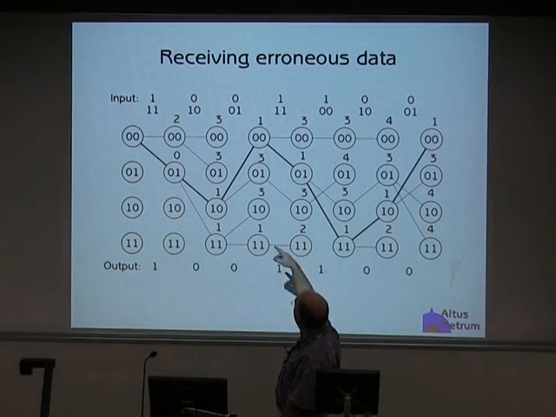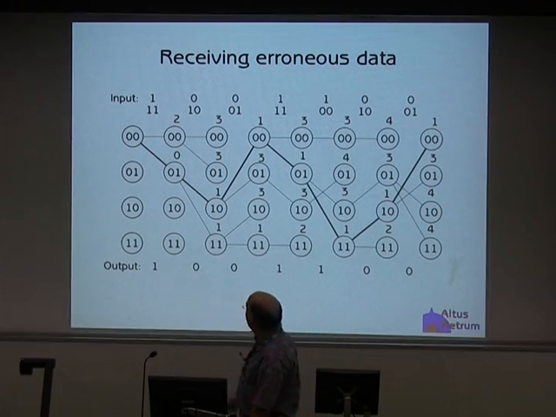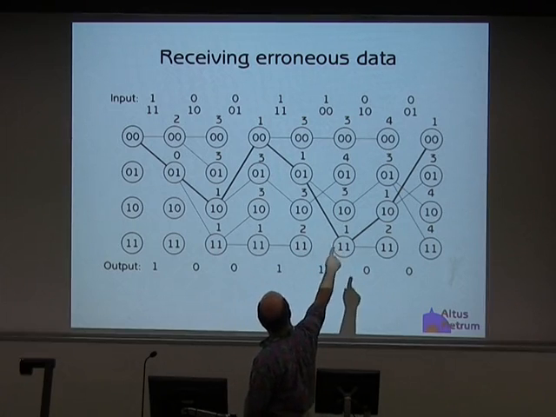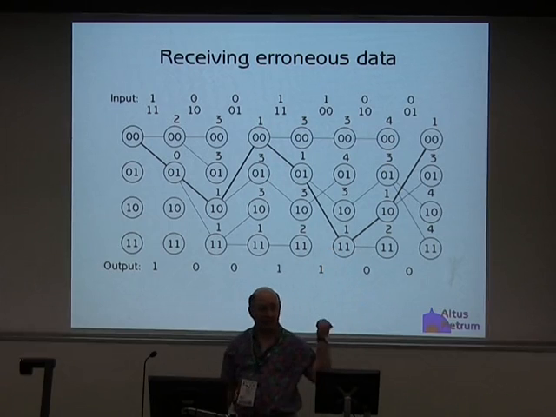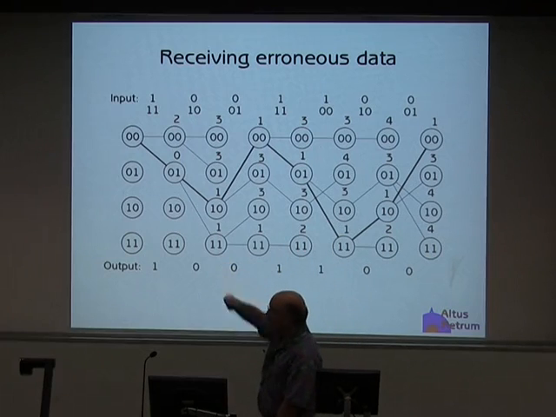If you get more errors, then the length of time that it takes to recover from them is even longer. But you can see here at the end, it's still pretty clear. You have one path back that has a cost of 1, and then you have other paths back that have higher costs. And so it's pretty clear you follow that one back all the way back to the beginning.